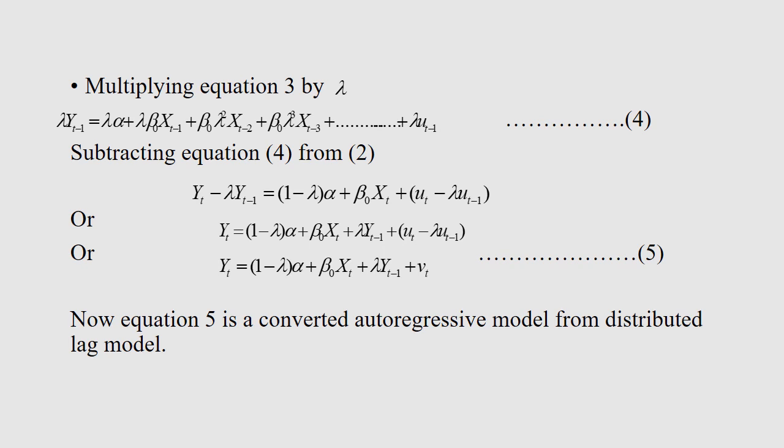So what is the specification of this model? What are the special characteristics? Why has Koyck done this model? In the beginning I told you there is a possibility of loss of degrees of freedom in the lag model, as well as a possibility of multicollinearity. Now if you look at equation number 5 and compare it with equation number 1, you can see the number of variables is reduced to only 2 on the right hand side, one variable is xt, one variable is yt minus 1. So these are not the successive values of the same variable, so there is a less or almost nil possibility of multicollinearity.